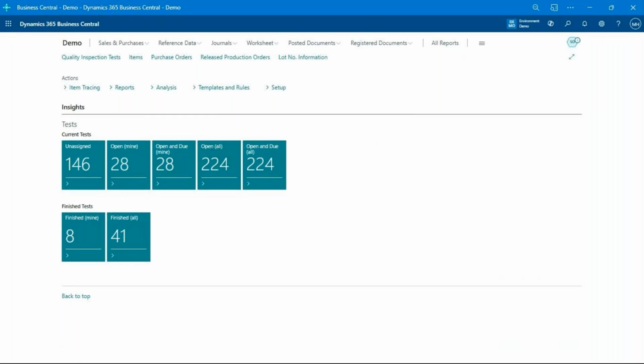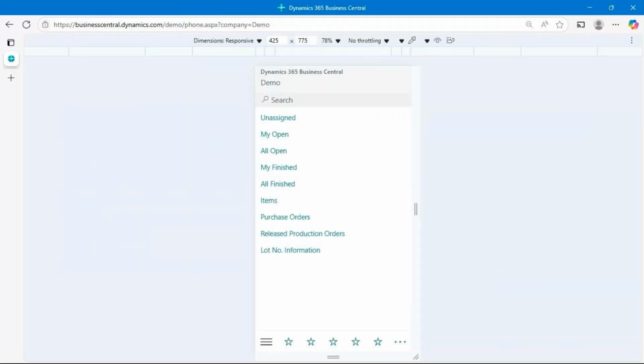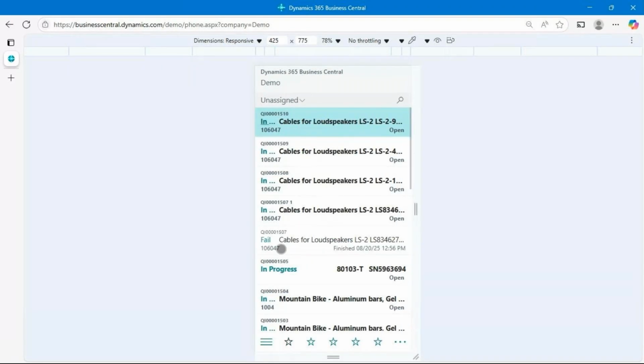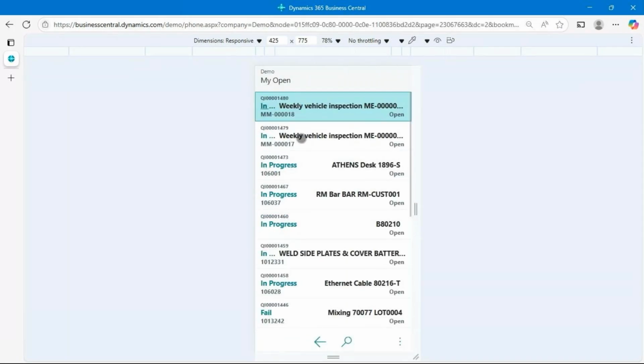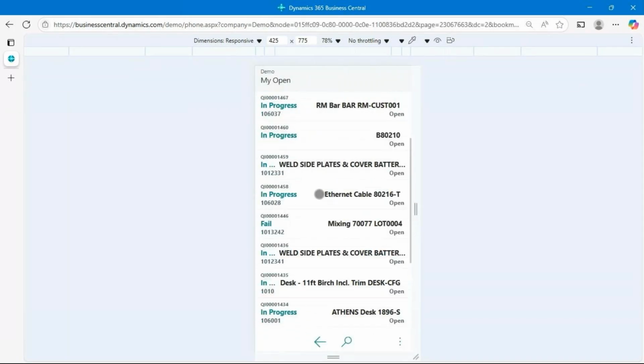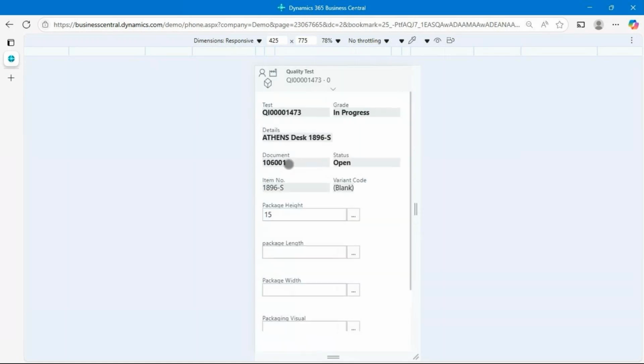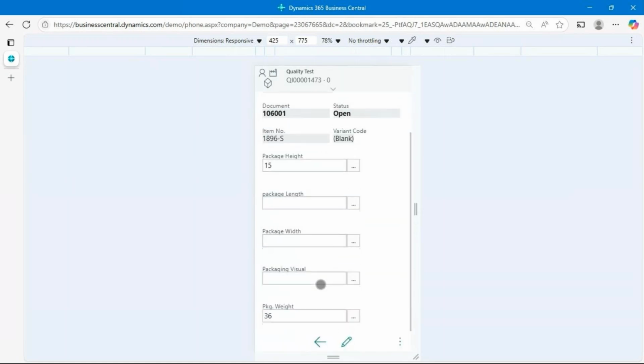So this is great. This is all in Business Central. If you want to run it on a phone or a tablet, you have that ability as well. So what I've got here is a representation of this running on a phone, right? So this is kind of the phone interface, the standard Business Central application. But I can go in there and say, let me look at all my open tests that are assigned to me. So these are all the ones that are assigned to me. I can grab one of these guys and I can enter all the values here the same way I can